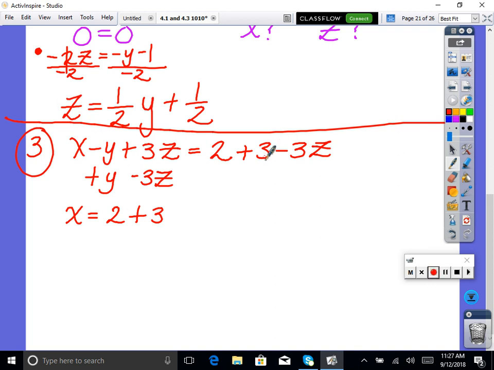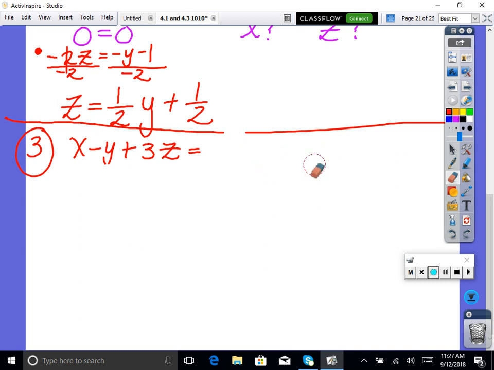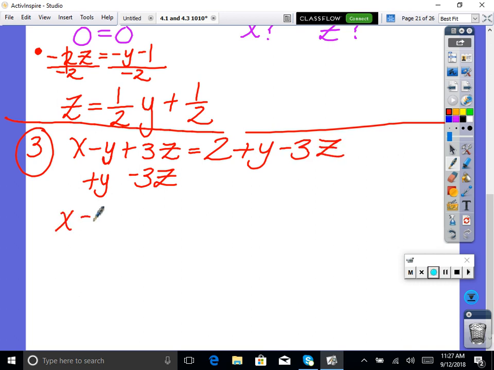I forgot to write, wait. What did I do? Why did I write something weird? I don't know. Okay, wait. So it was just equals 2, right? So I added y minus 3z. So we have 2. Sorry, my bad. We were right here, so everyone's not confused. Okay, look. We were here. Is this a true statement? Yes. Solve for x. Add y, subtract 3z. So we have x is equal to 2 plus y